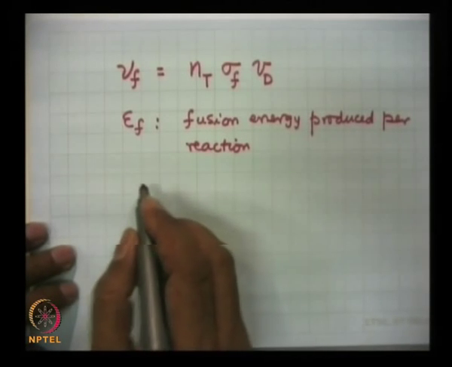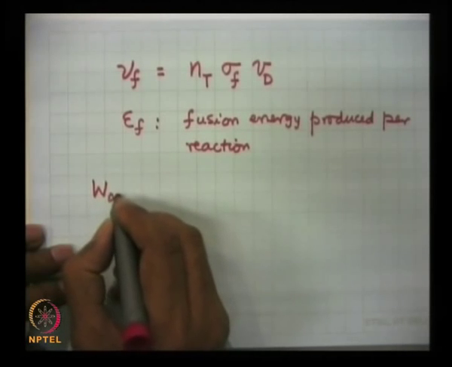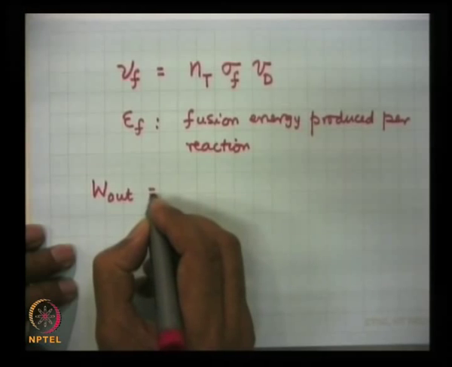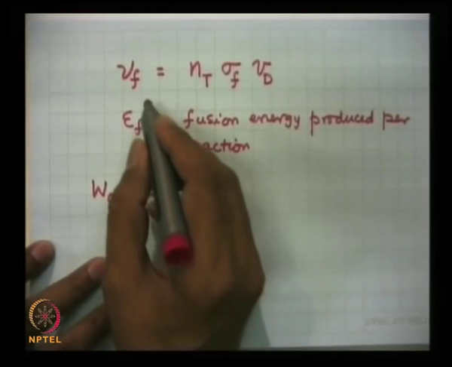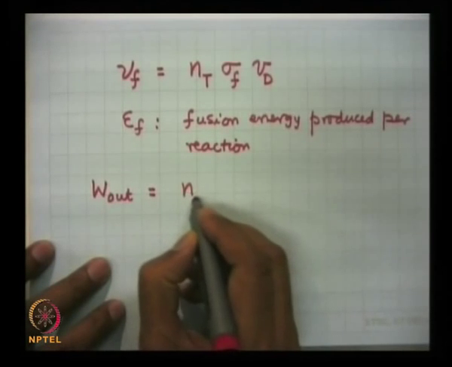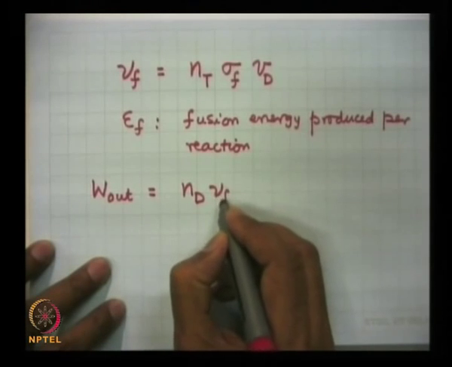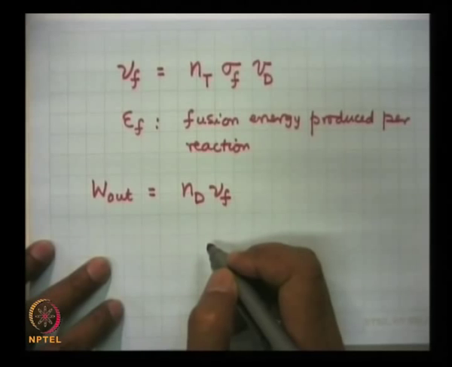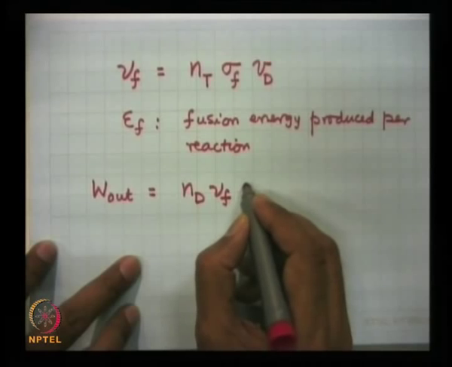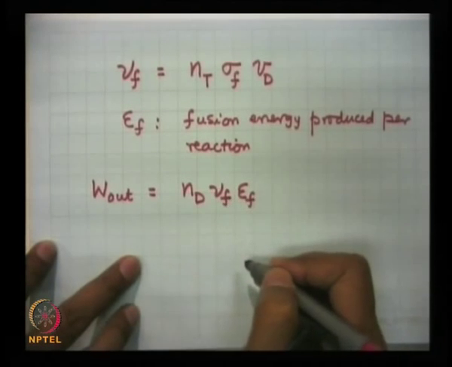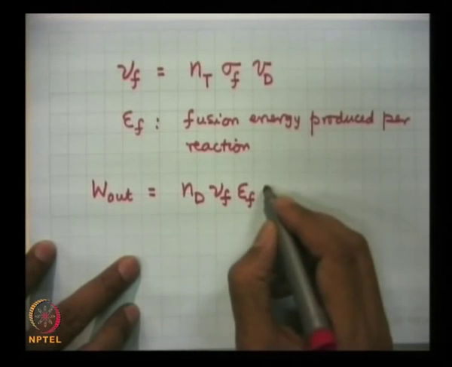So, now to calculate the energy output W out, this should be equal to the total number of fusion reactions. Now, in a unit volume, the number of tritium ions is Nt, each of them undergoes nu f fusion cross section collisions per second, and in the process produces so much energy. So, this is the amount of fusion energy produced per unit volume, multiplied by the volume,